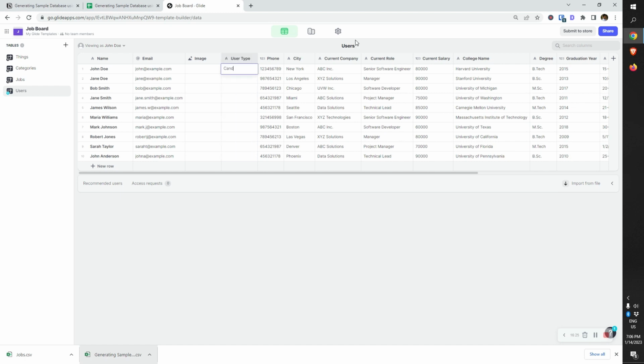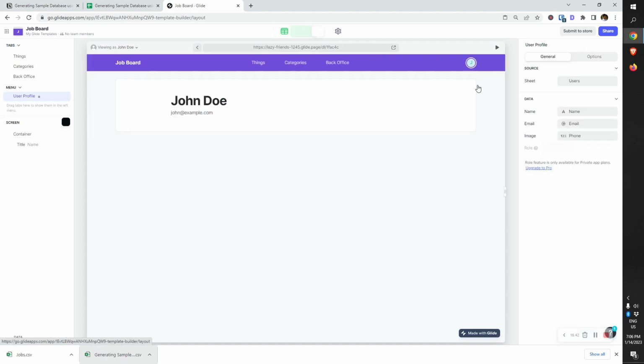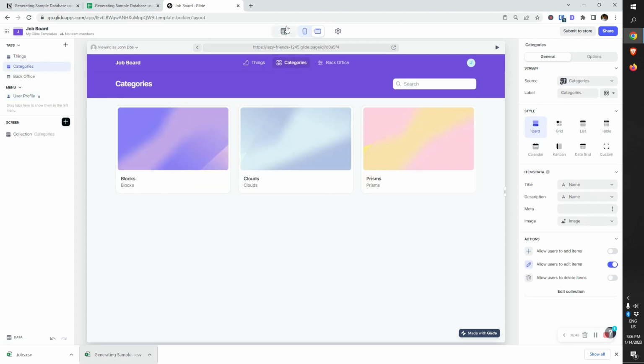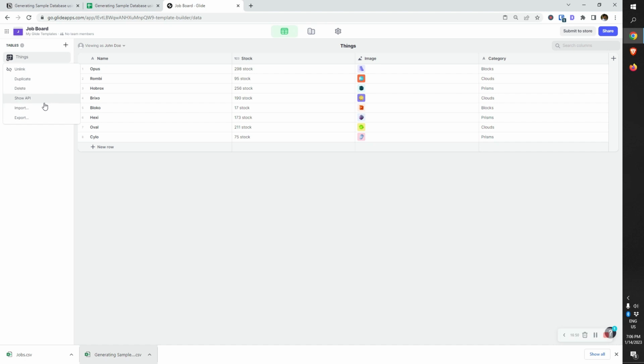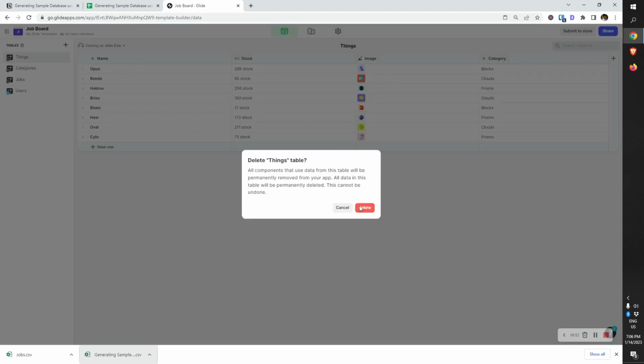So all of these are candidates. Okay, I think this is good. I'll make image the role, and now very quickly, let me delete some of these unrelated tables, and